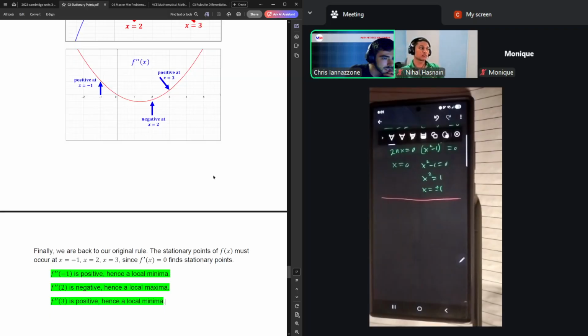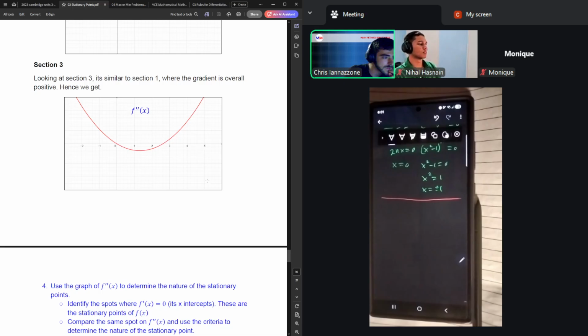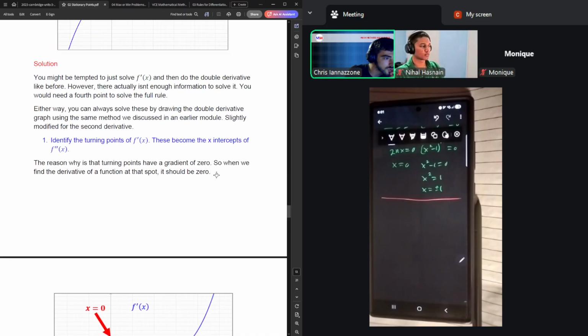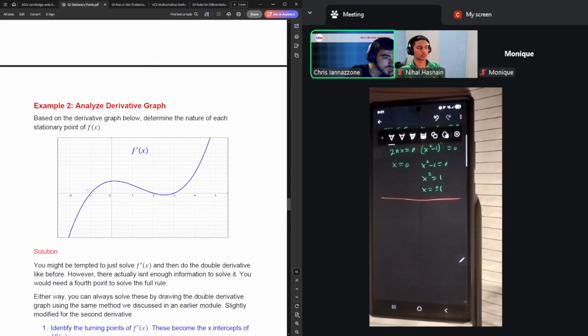Now that I'm thinking about it in more detail, I think it's probably easier to not do that and more so just stick with here. That was fine and that works, and it follows the same sort of thing, so you don't have to memorize more than one or two approaches to a thing. But just having the derivative graph here, if you can picture things well enough, and if you're doing these questions enough times over,